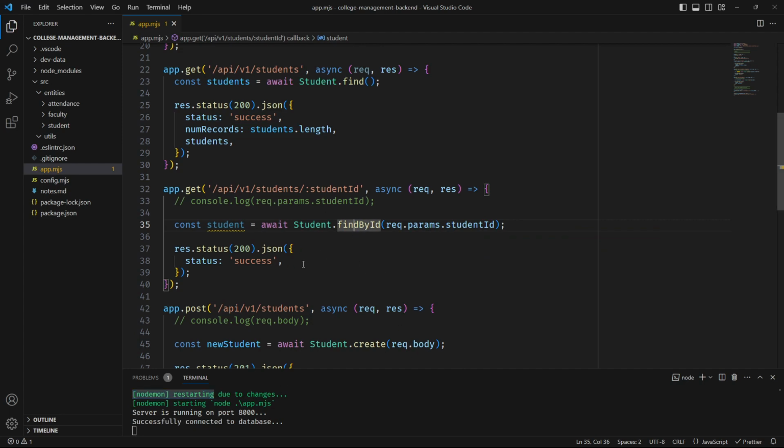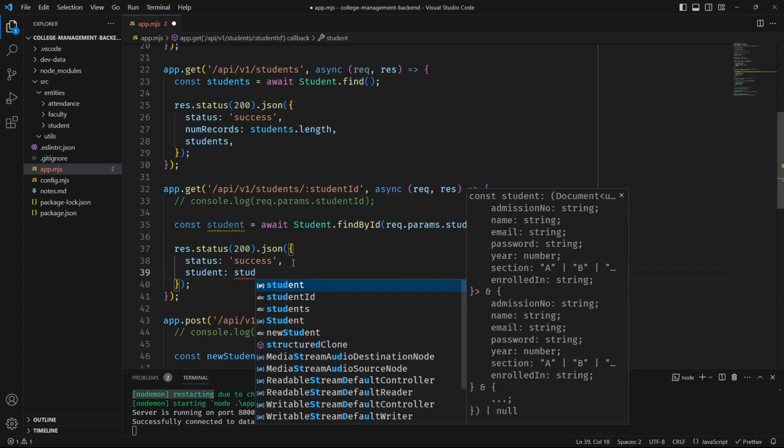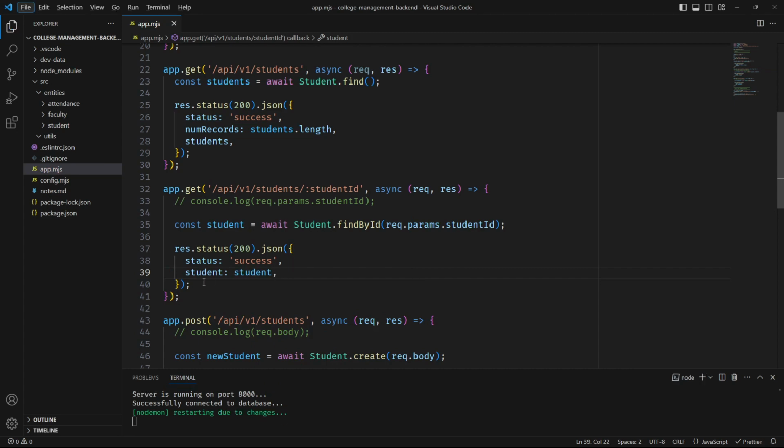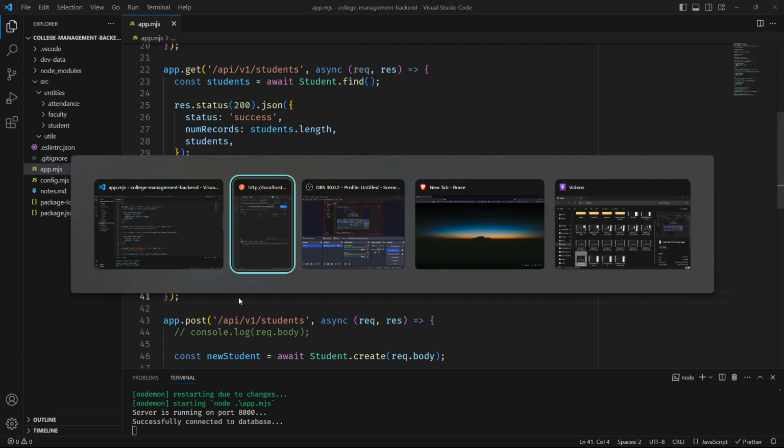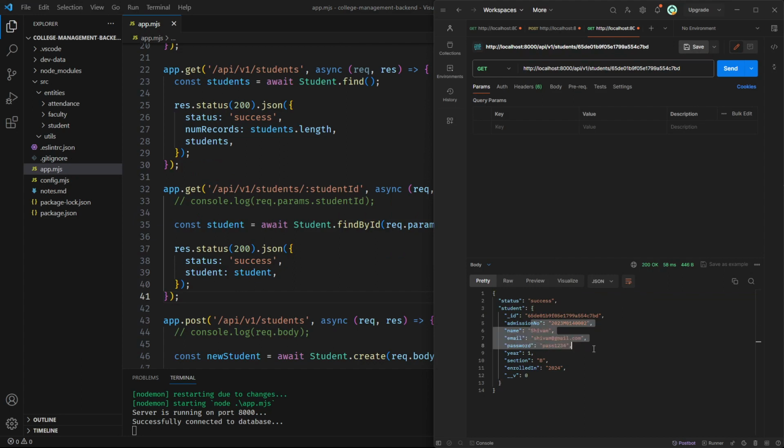So now we are getting the data in student, and we can also send it via response. So student, this is the name of the key, and this is the value, which is this one. Let me show you the output, and here you can see the Shivam student is there, which has this id.